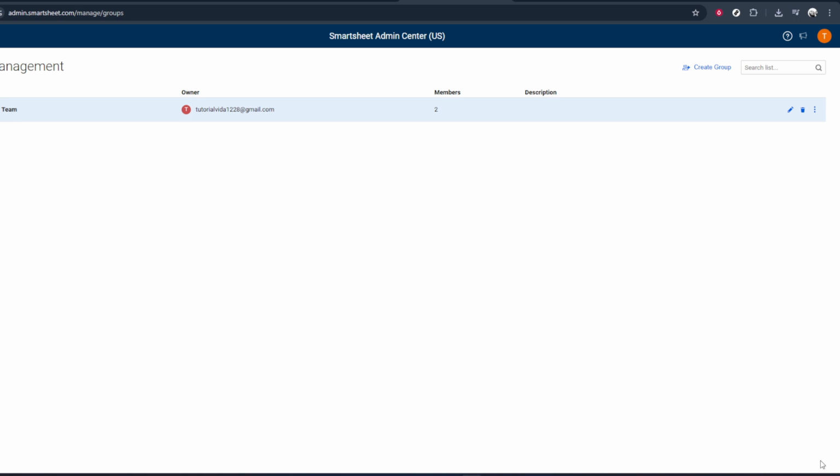When you're ready, click the Create button to finalize the group. Smartsheet will create the group and you'll see it listed on your Groups page, ready to be